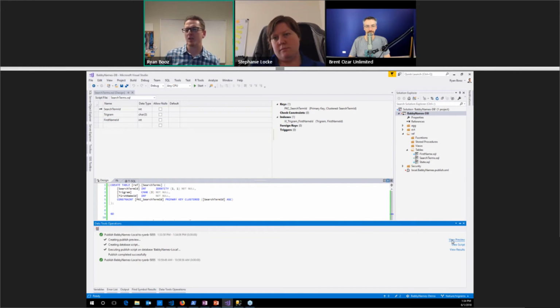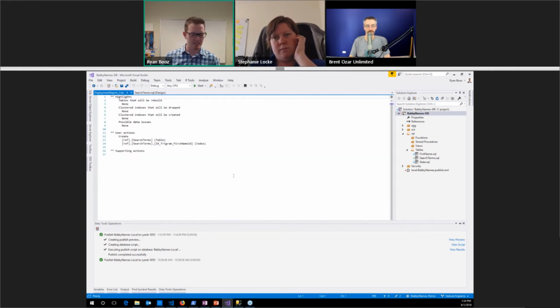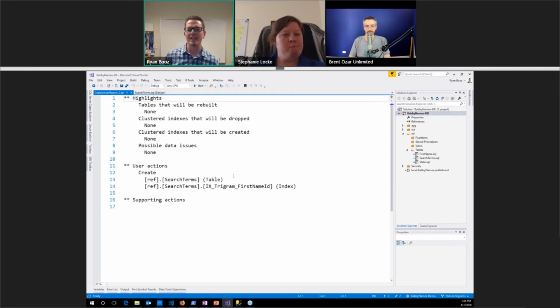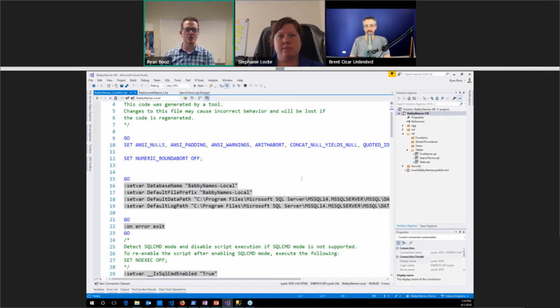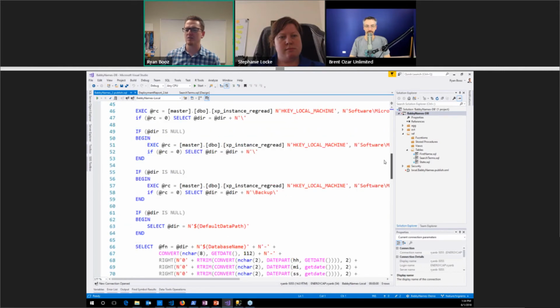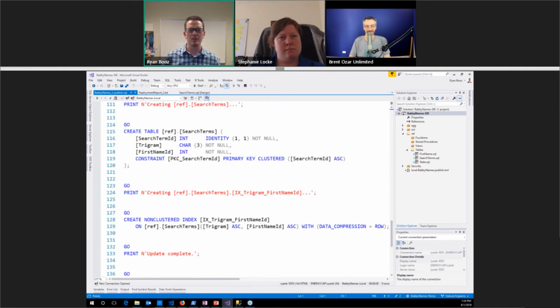You always get three things with a publish, when you do it through the UI at least. You get a preview file, and that is basically a textual file of what it said it's going to do, right? So this makes sense. It created a new table, and it created an index. You also get the actual script that was used. This is a SQL command script, so you can do variables and so forth. And let's see if we quickly scroll down without making everyone seasick. There's my two. There's my columns. There's my table and my index.